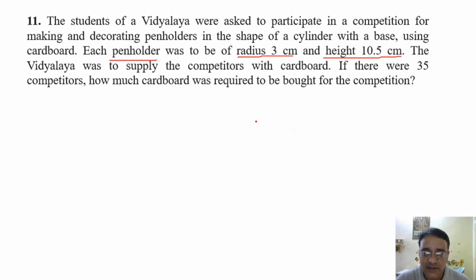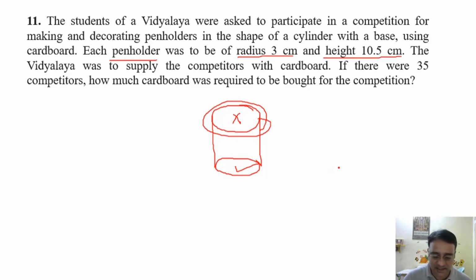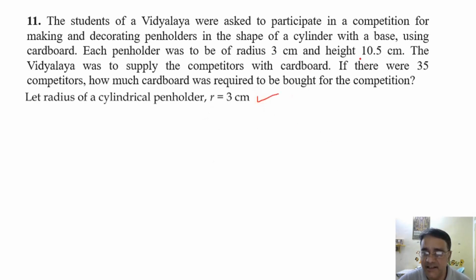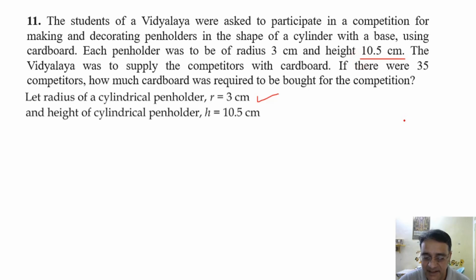So first of all, the structure of our pen holder will be something like this, cylindrical form, and this part is open. Okay, so how much cardboard is required? That is the curved surface area and the area of base. Whether this is clear? Yes, sir. Okay, now the radius is given 3 centimeter, height is given 10.5 centimeter,